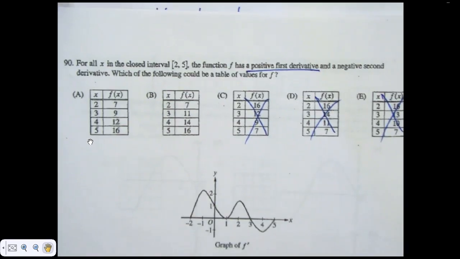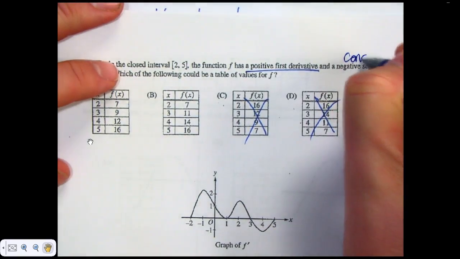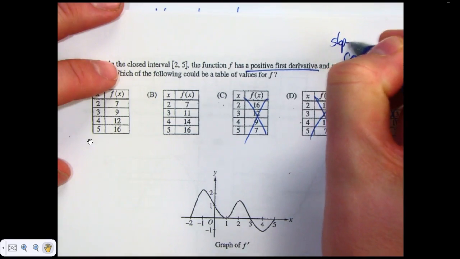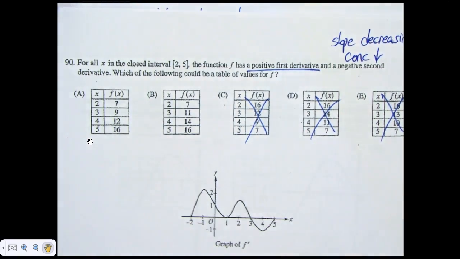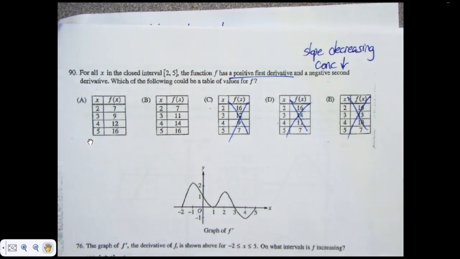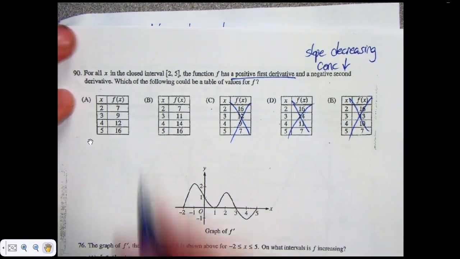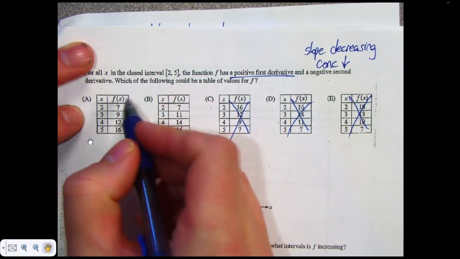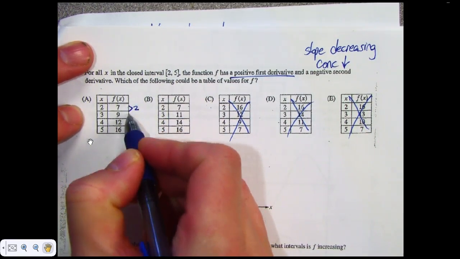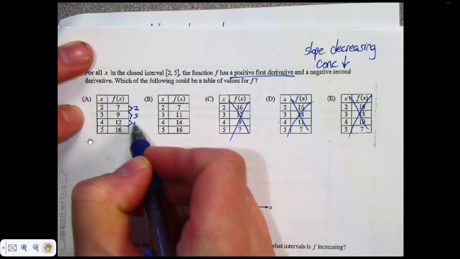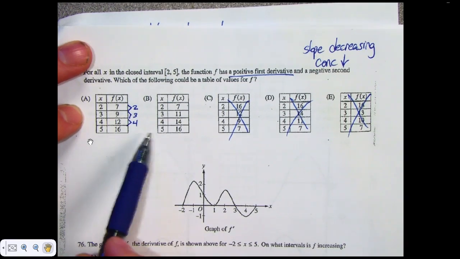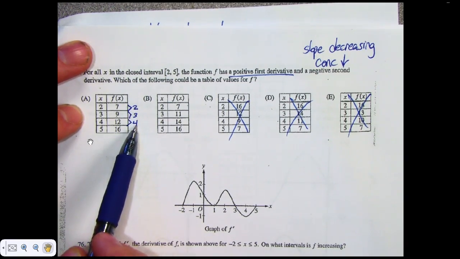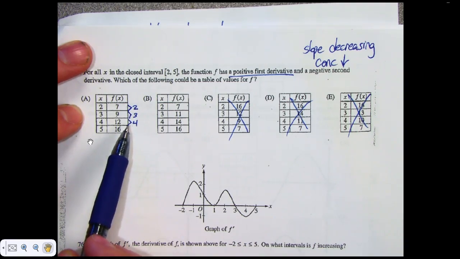So that means we are concave down, or the better way to think about it is that the slope is decreasing. That's what concave down means, right? Your slope is getting smaller as you go. So if you start taking the slopes between these points, and they're all x intervals of 1, which is nice, that one is up by 2, that one up by 3, that one up by 4, and those are the slopes between each pair of numbers. So is the slope getting bigger or smaller in this one? The slope's getting bigger, so therefore it's concave